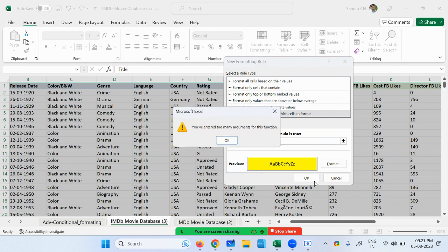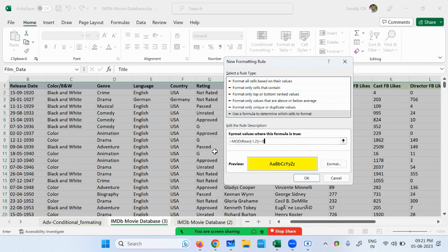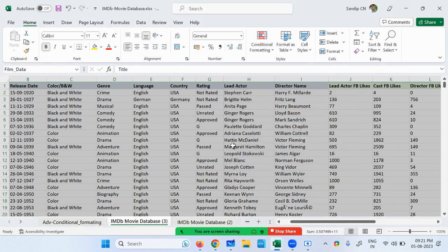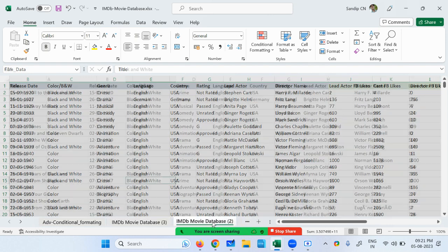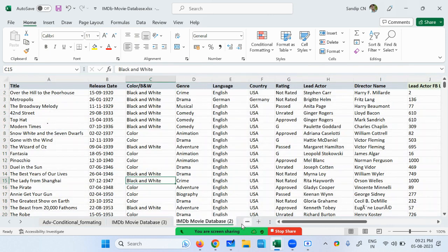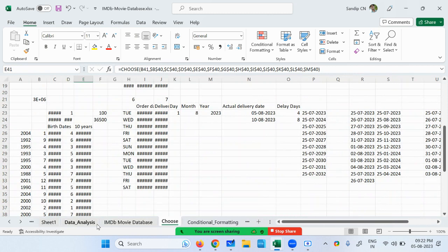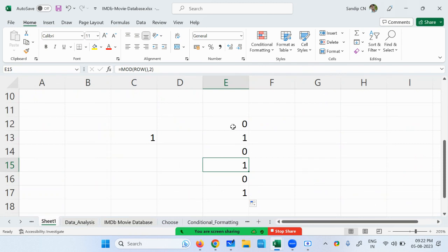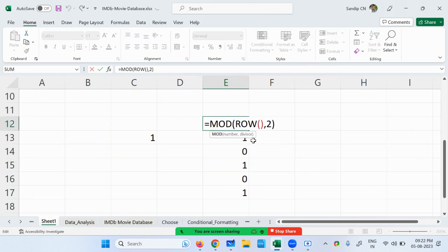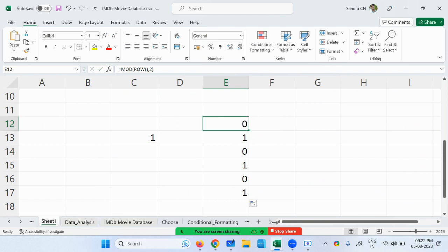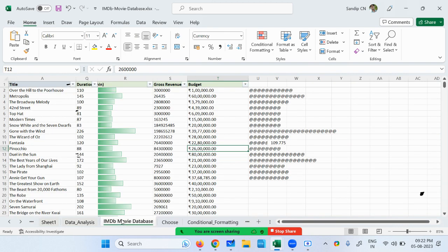Then I'm pressing OK. Okay, I'll write it one more time. Give me a second. I have already written the formula here, and that formula can be copied directly. Yes, I know. See this formula I have already written. I'm just copying it, and now I can go to the movie database